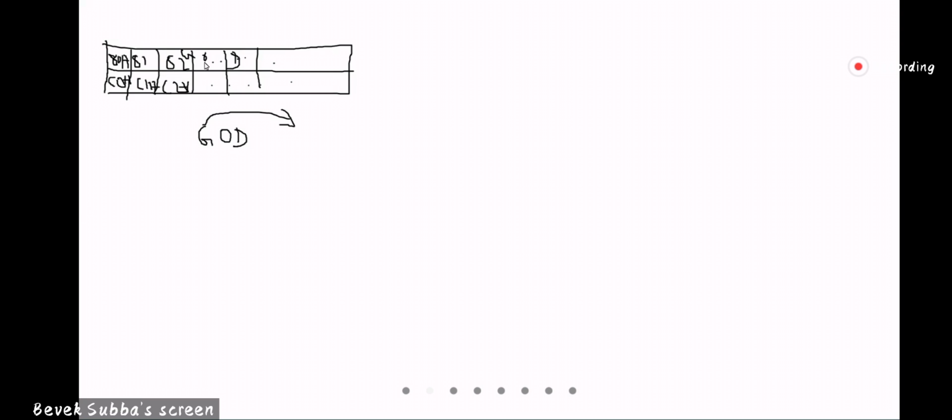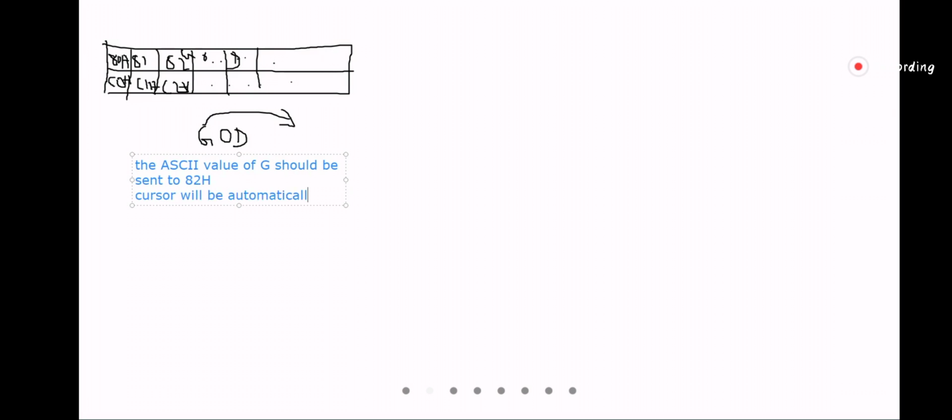I don't have to send the ASCII value of O to 83H because the cursor will be incremented by 1 automatically. So in 83 I want O, in 84 I want D.